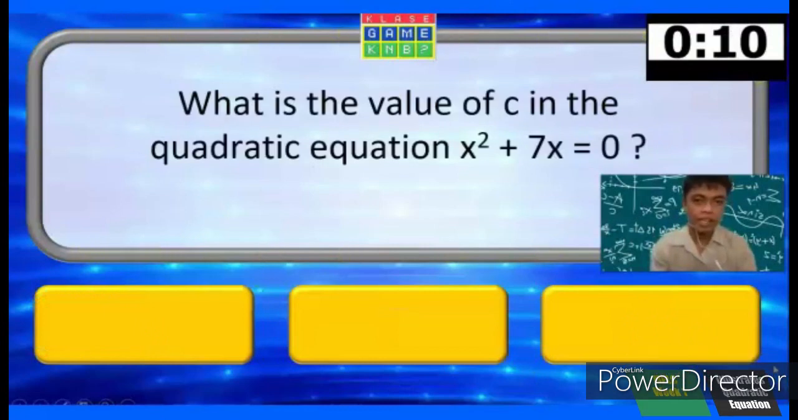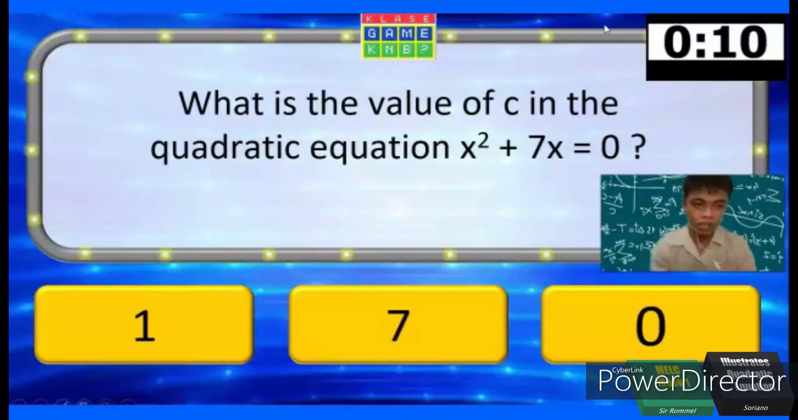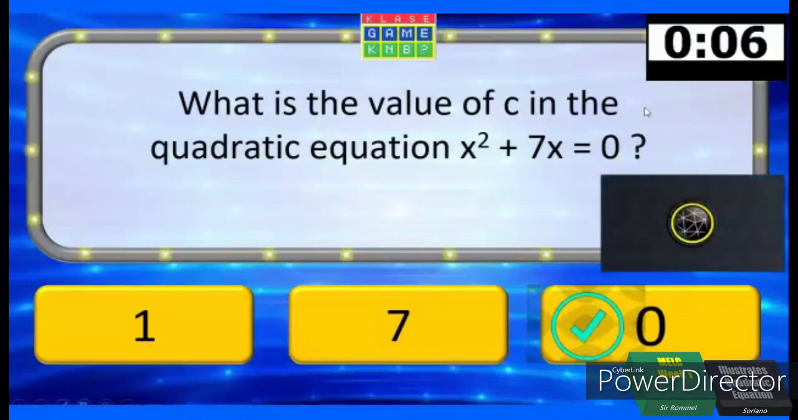Question number 3. What is the value of C in the quadratic equation x squared plus 7x is equal to 0? 1, 7, or 0? Go! Time is up. The correct answer is 0. Congrats na. Question number